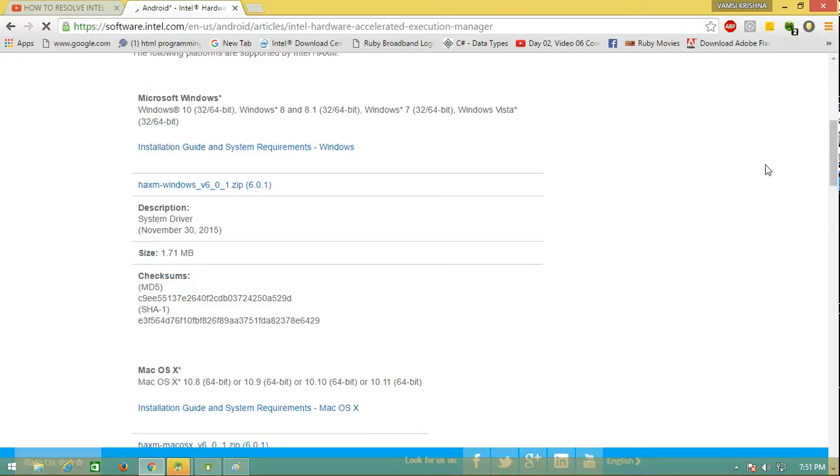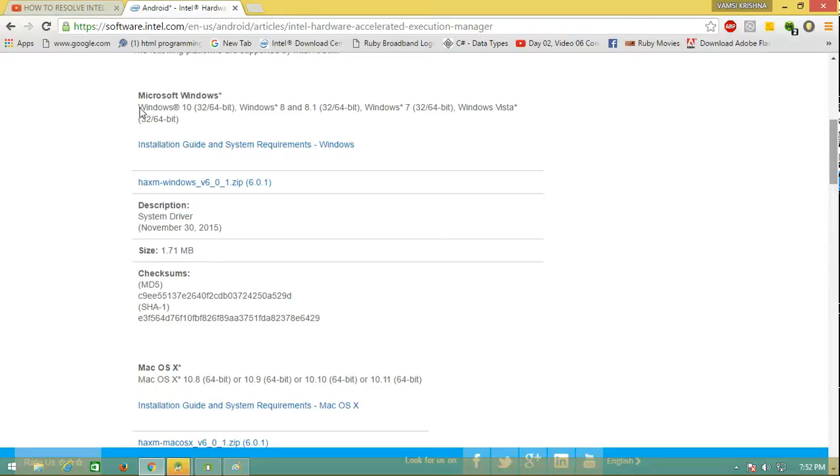If you scroll to the bottom, you can see the different versions. So mine is a Microsoft Windows 64-bit version, and I can download this intel-haxm, and before installing,